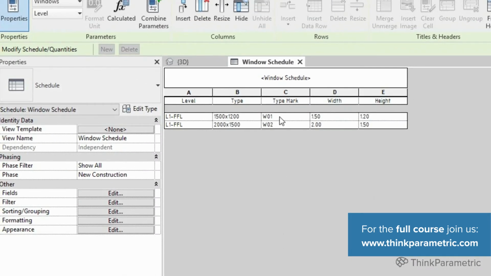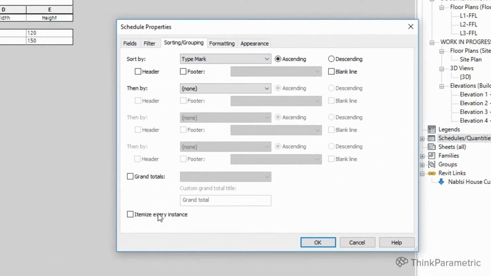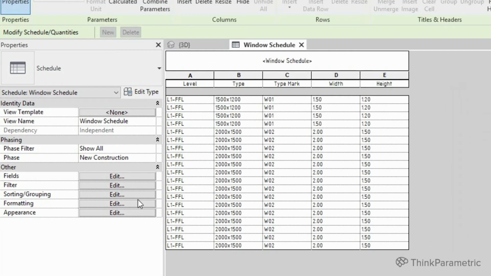So here you can see that the different types, W1 and W2, each one of them is represented in just one row. If we go to sorting and grouping again, you can see that this itemize every instance gives the elements in the schedule a row of its own. So if we click it back, you can see that we have the same result as in the beginning.